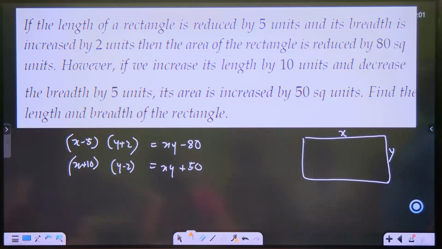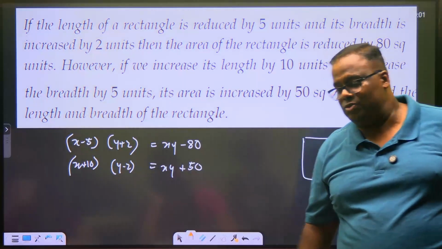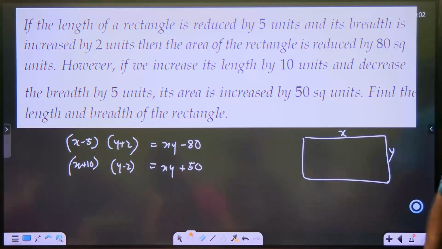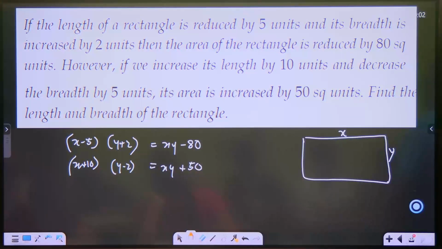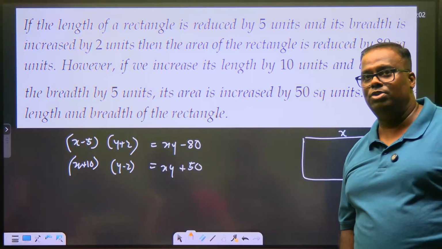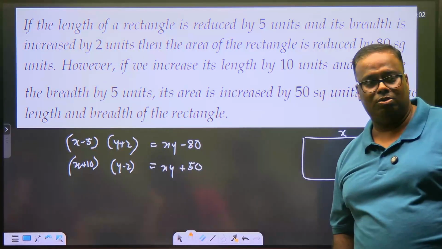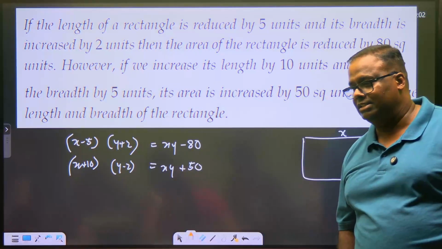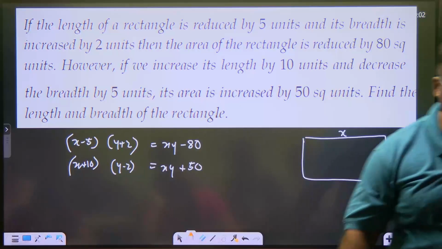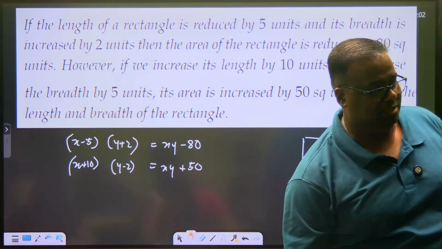Acha, my next students will come, so we have to slowly close the class. These two problems you all please complete at home, and on Wednesday please children come with your maths book. We will start arithmetic progression. ठीक है? तो मैं recording close करता हूँ children. I have another class. धीरे धीरे आप भी